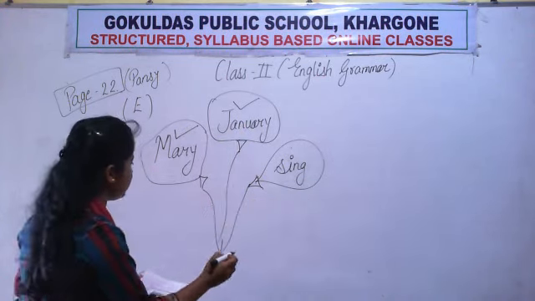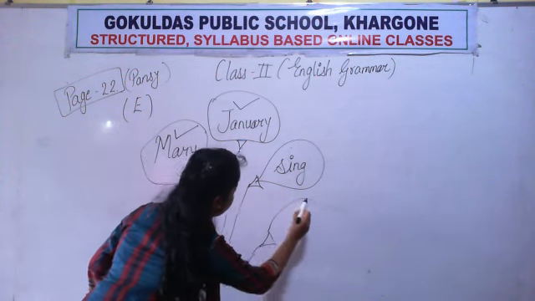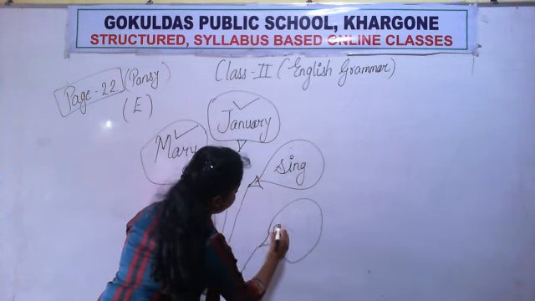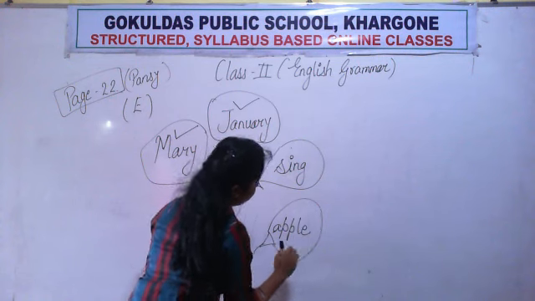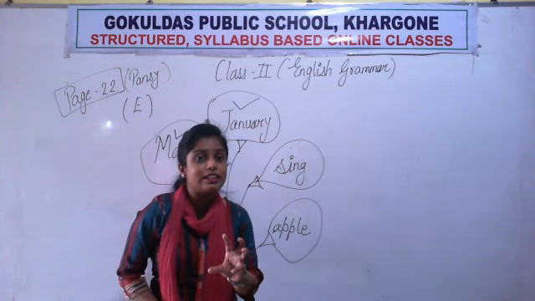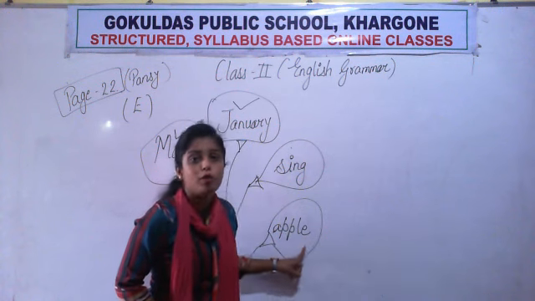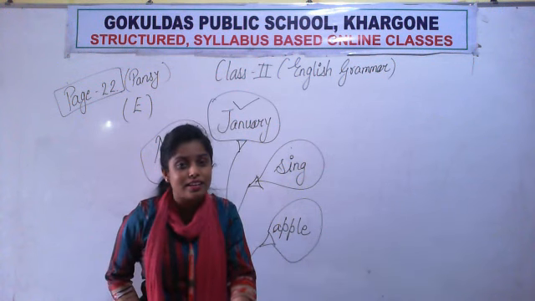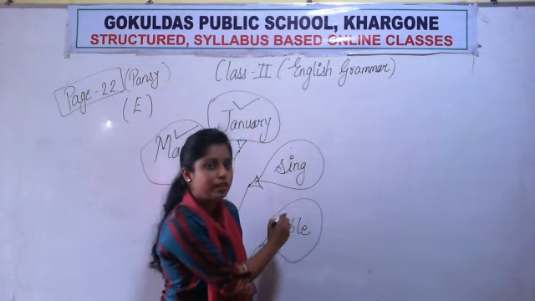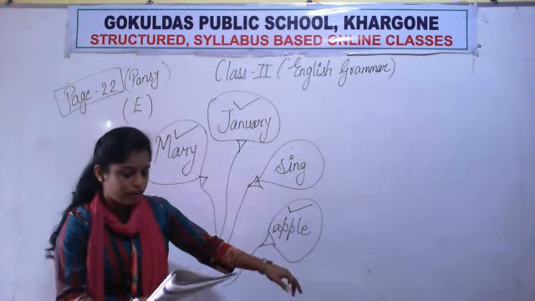Then a balloon just down below it, and here on this balloon apple is written. Again A capital they have made, A-double-P-L-E, apple. So here apple. What is an apple? It is the name of a fruit, and anything which is a name is a noun. Very good. So tick करेंगे या नहीं? Do we tick it or not? Yes. We will put a tick over it. So just put a tick mark over this.